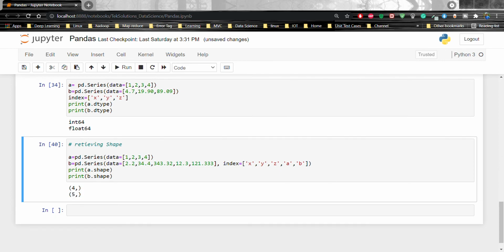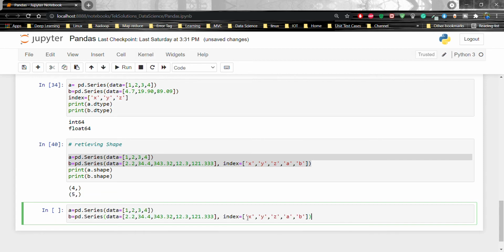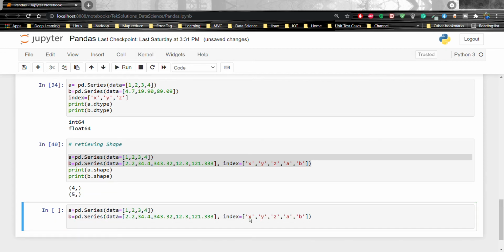Now I am going to show the dimension, size and number of bytes. I am going to use the same data. Let's copy and paste it here. Now print a.ndim. So what will the output be?